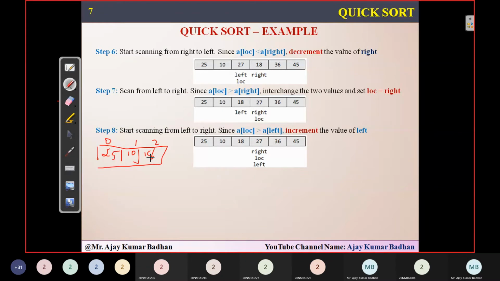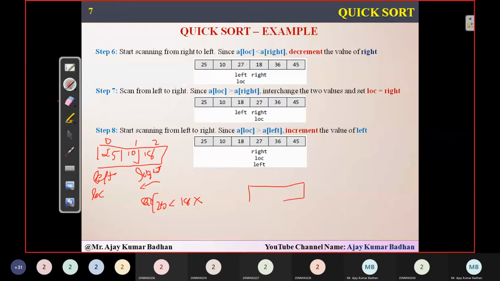Since I'm scanning from the right side, right to left, whatever element is on the right-hand side of 25 should be greater than it. So what I'm finding is whether 25 is less than 18. The condition failed. 25 is greater than 18. What I need to do is simply swap it up.